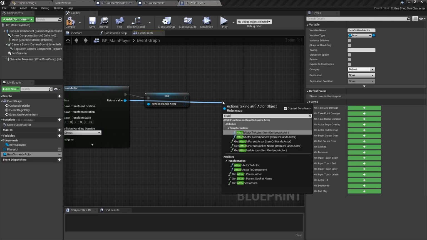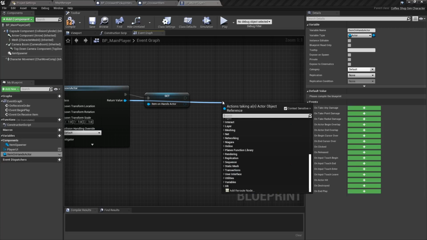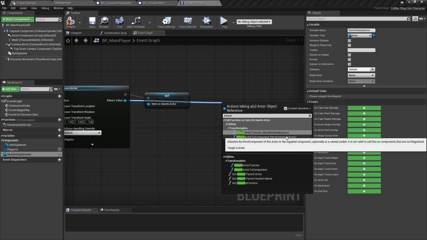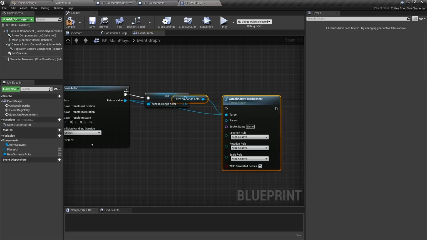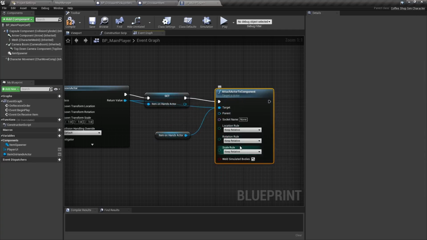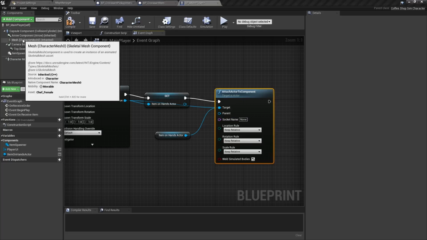Attach actor to component. I believe it's this one. Yeah, okay. Put this one, and this is also used for sockets. So if your character has a socket on the hands, for example, you will do that. And actually this is not ready in this project, but I'm going to do it right now because it's very, very useful. So we can go to the mesh,